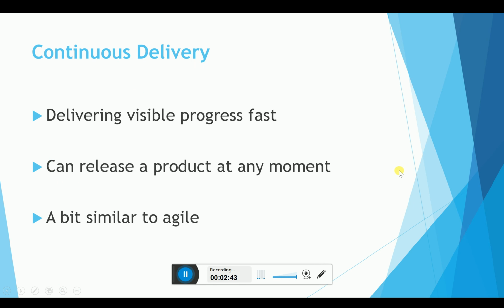We move on to continuous delivery. Continuous delivery, I guess, is another type. It's pretty close to agile. It covers the same things, but it's specific in that it's all about fast deployment, and about having all the teams ready to go at any moment to release, even if it's not up to standard or really polished. But you have all your teams, your marketing team, production team, software development, coding, all these different types of teams in your business, all on the same page, all knowing what's going on at any time.